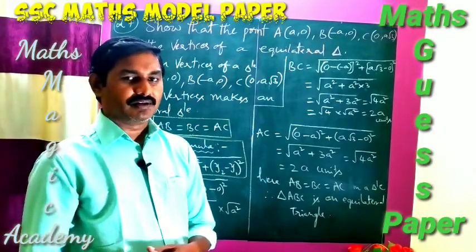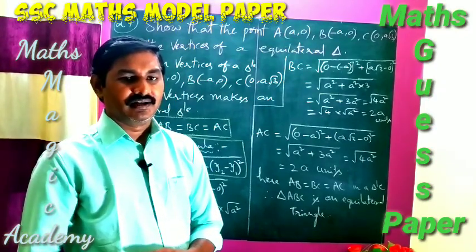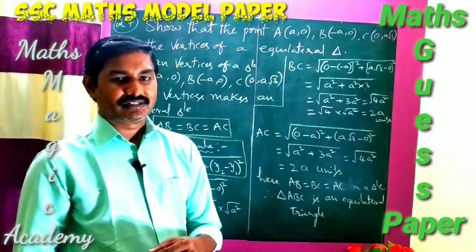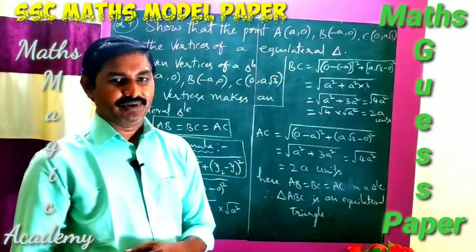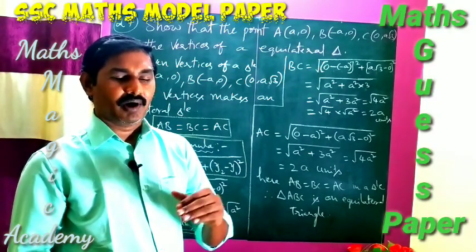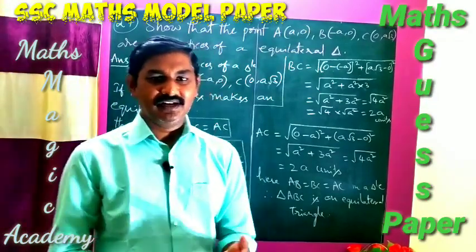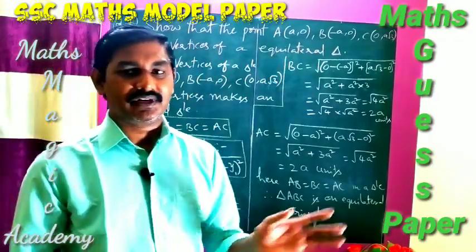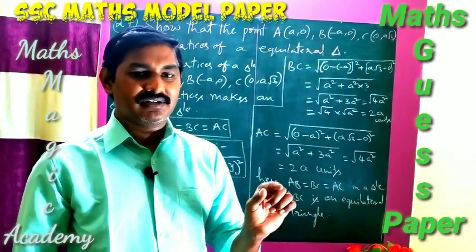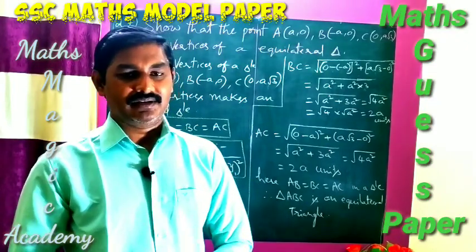If it is a parallelogram, based on the properties, we can write that opposite sides are equal and diagonals bisect each other. We know diagonals bisect each other. Based on that, what we can write? Opposite sides are equal and diagonals are not equal. If the diagonals are not equal, we can say that is a parallelogram. What is a parallelogram? Opposite sides are equal and diagonals are not equal. If you prove like that, then that belongs to a parallelogram.